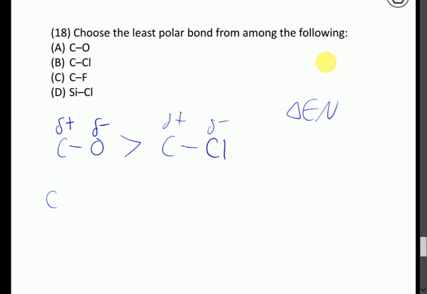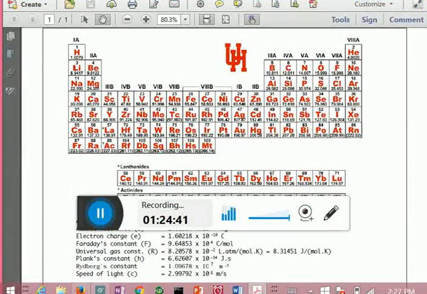So if we have, we're picking the least polar bond. So out of these two, carbon-chlorine is the winner so far. So if we take that carbon-chlorine bond and compare it to the next one, carbon-fluorine, if we go to the periodic table,